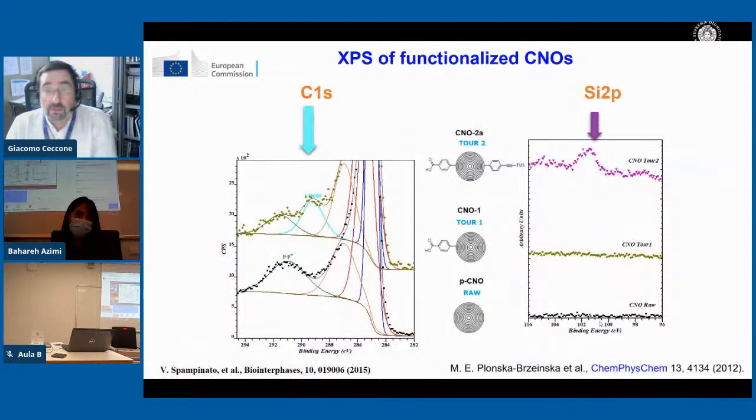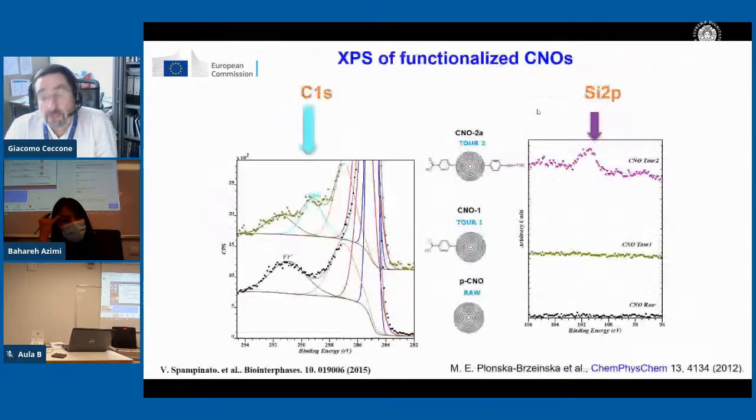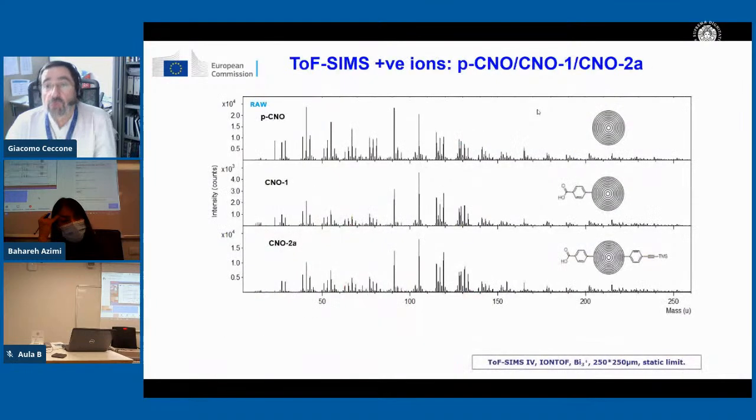In fact, analyzing the high resolution peak of the carbon, we see the presence of the COH, the carboxyl function, after the first reaction, and then the presence of the silicon after reaction two, in order to prepare the carbon nano-onions to be able to receive the fluorescein and the folic acid. When we go to the TOF-SIMS, we realize that